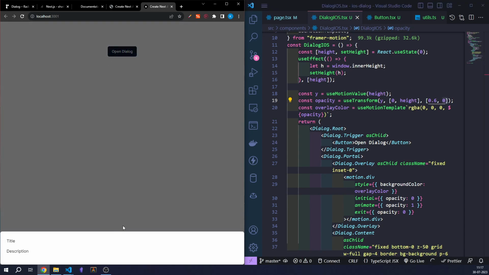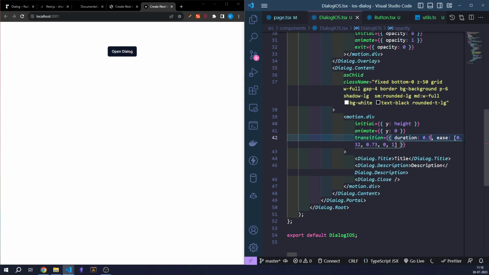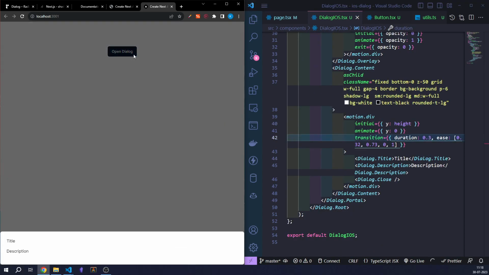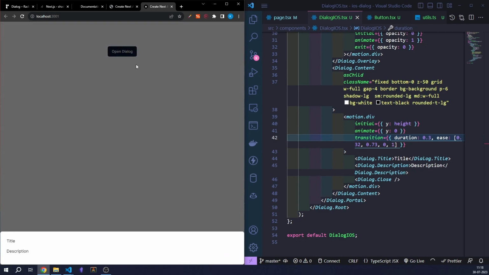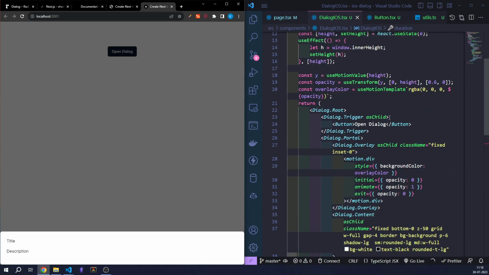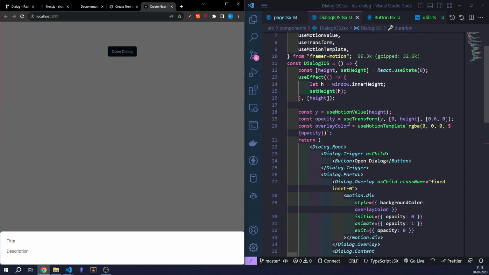Alright, but there is another problem here. It is not exiting as smoothly as it is entering, and it's taking a lot of time to enter as well. I want it to be a little more snappy. Instead of 0.5, let's do 0.3. Yeah, that's way better. And now I want it to exit as well as it enters. Well, first of all, we'll have to take control of the entire component, and to do that, we'll have to use